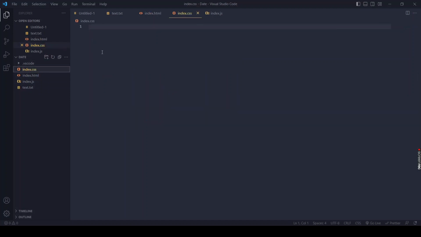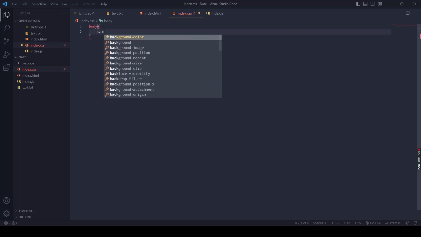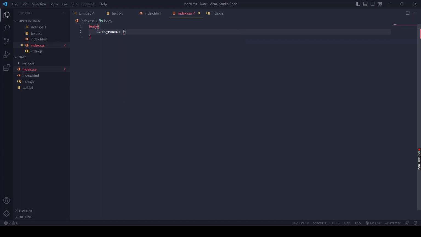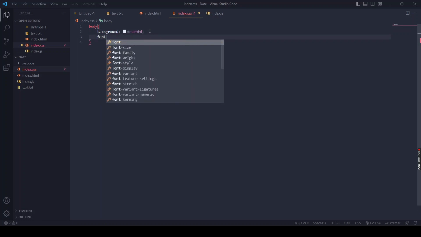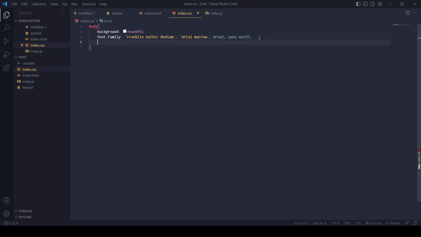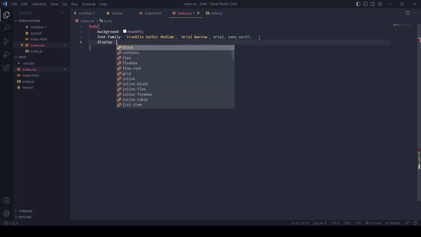So let's go to our CSS and style it. I'll pick the body. The body is the whole content of the HTML page. So take the body tag. I'll give it a background of EAEBFD. So it's more like a light blue background, and a font family of Franklin Gothic. Yep, and give it a display of grid